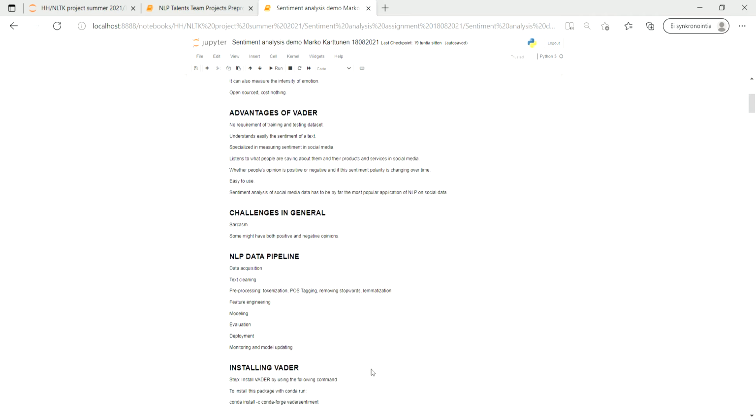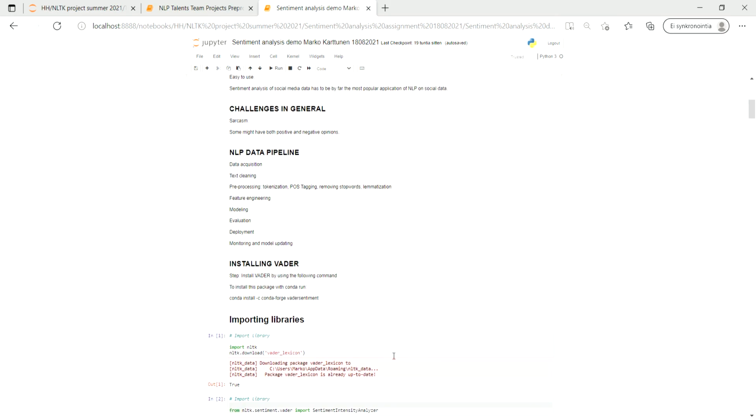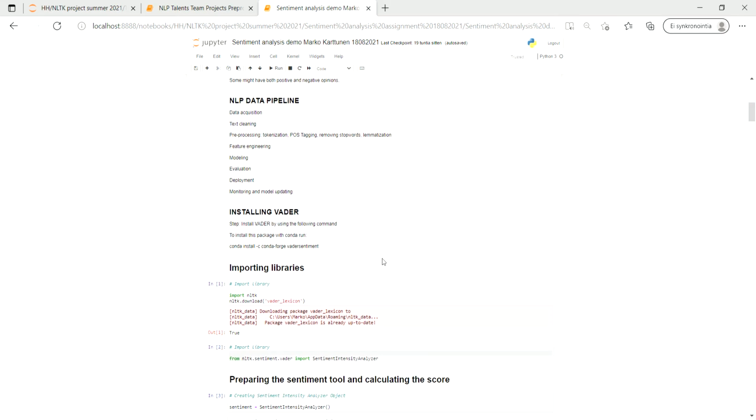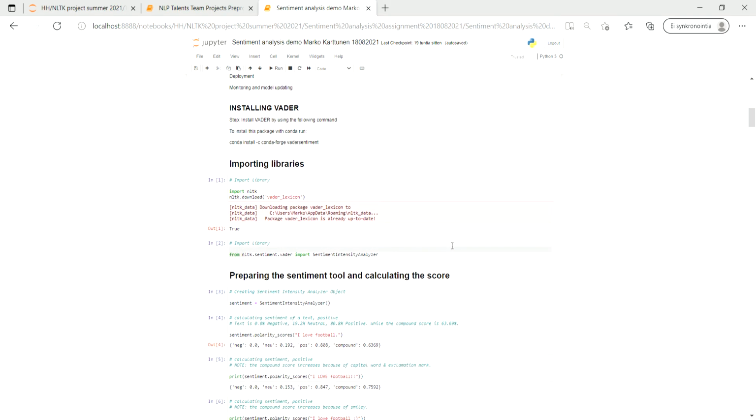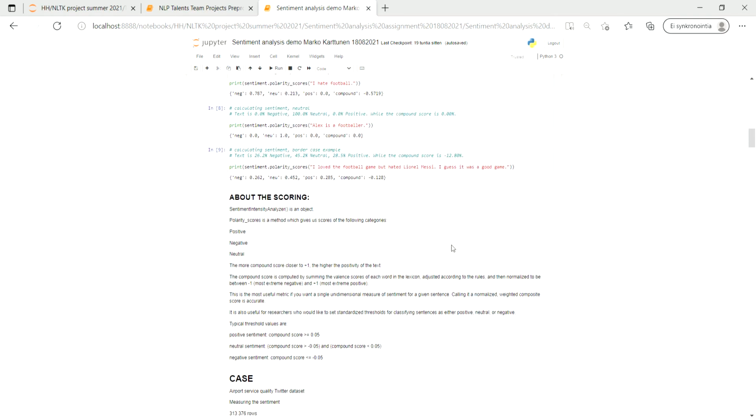briefly about data pipeline. I'm not going to talk about text cleaning or pre-processing because I'm now focusing on sentiment analysis, but I'm going to briefly talk about the data pipeline, which is very important. And then I will give you a hands-on experience how to use Vader sentiment tool. I will give you examples how to prepare the sentiment tool and how to calculate the score, and then I will talk about the scoring, and then